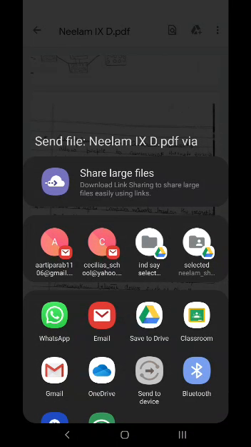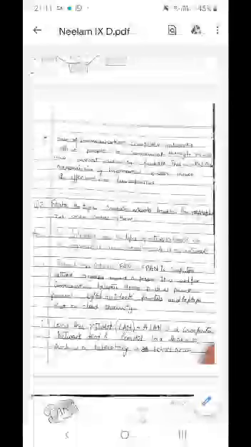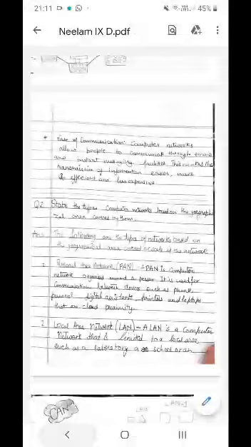You can WhatsApp this file, you can email this file, you can save it to your drive and open it anywhere on a laptop. You can email and then open it on the laptop. You can WhatsApp and then open WhatsApp Web on your laptop and take this file. So any way you can do it, or directly if you have to store it in Google Classroom, you can do that also. So that's all. I think it's very simple.